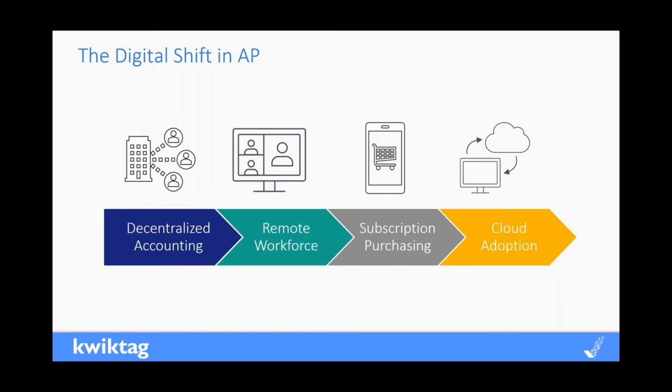And so having digital movement, digital access to be able to send invoices in, have visibility, get them to the AP team with the proper coding and whatever approvals were required became a real challenge. And so decentralized accounting is certainly something that is moving a lot of organizations toward the need for automation. Okay, the remote workforce goes hand in hand with that to some extent, but again, once the pandemic hit, it was a requirement for many of us for a number of years.